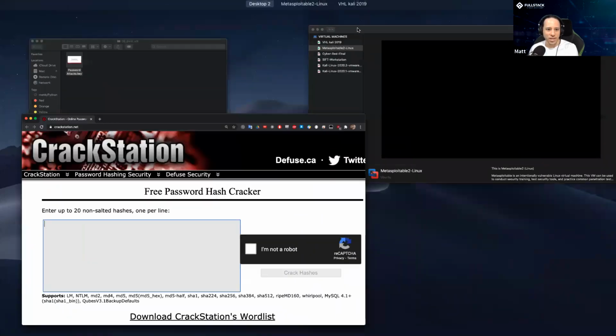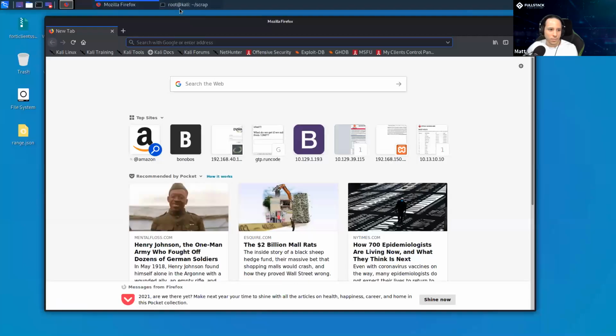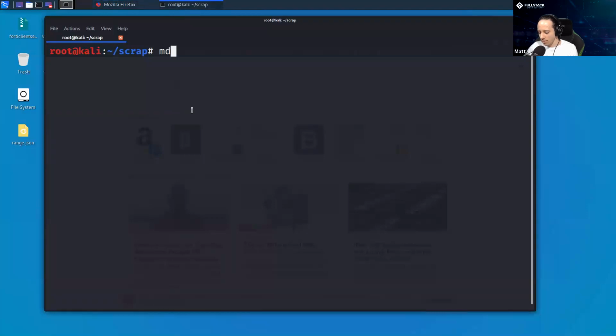So let's generate a hash. Echo... that's how you spell volleyball, right? Into MD5.